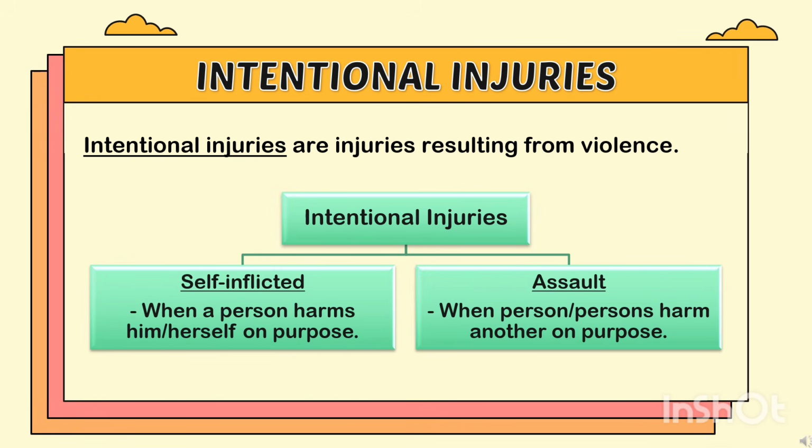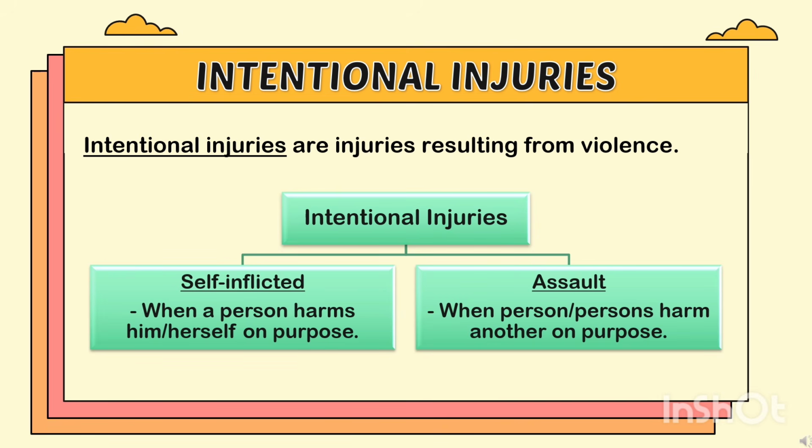First, let's differentiate unintentional and intentional injuries. When we say unintentional injuries, these are the injuries that are caused mainly by accidents and things that we don't expect to happen. While intentional injuries, from the word intention, means you have an intention to hurt yourself or other people have an intention to hurt you, not by accident, but because they intended to do it. In this lesson, we will focus on the different intentional injuries.